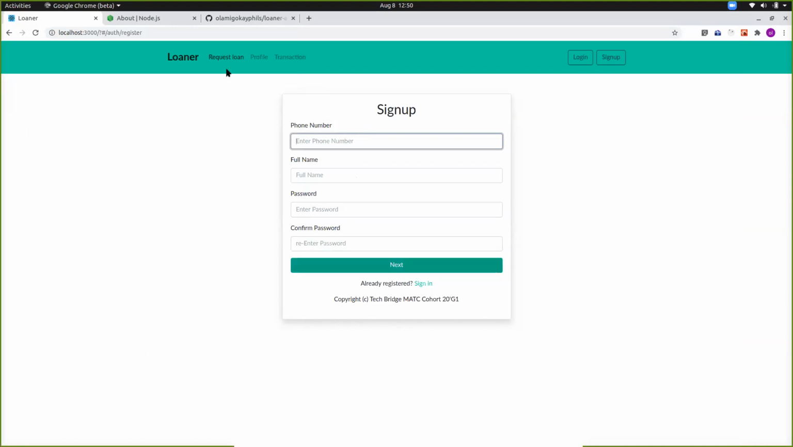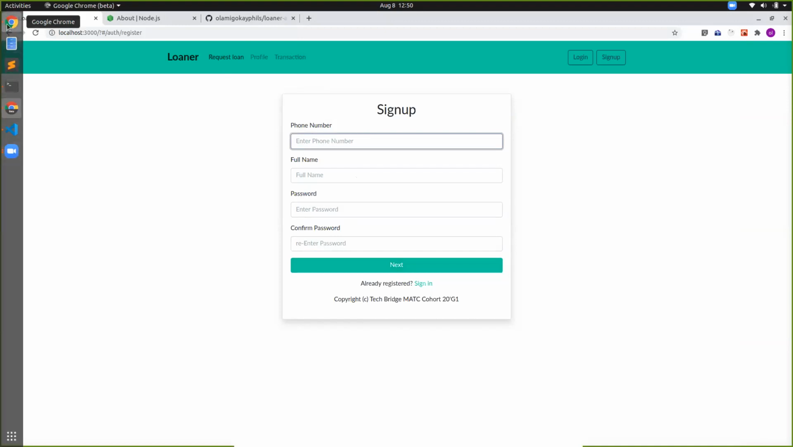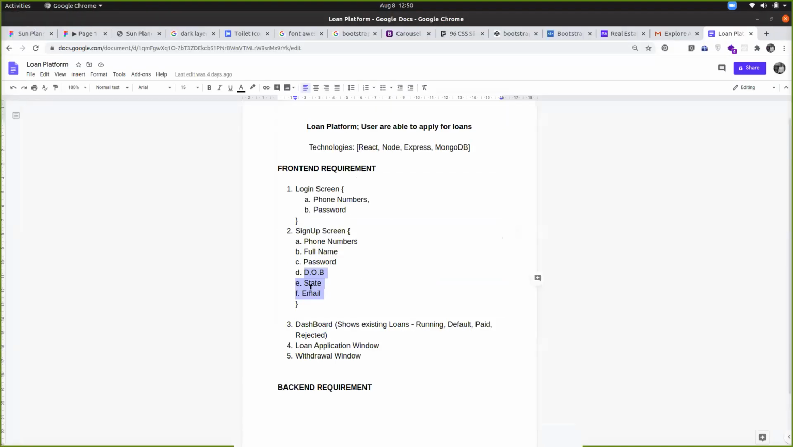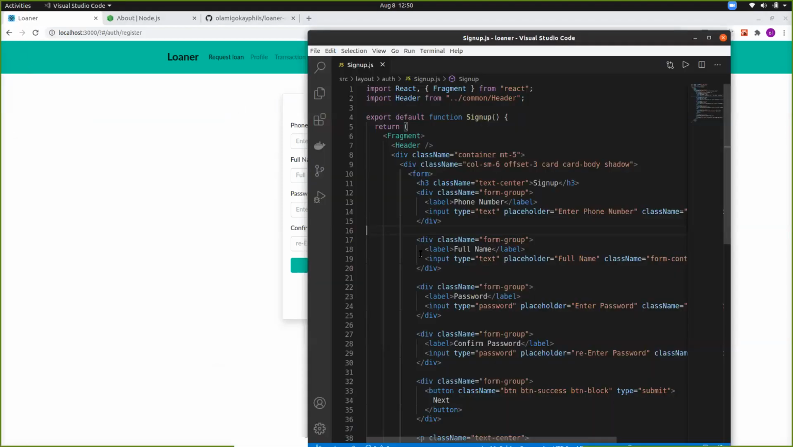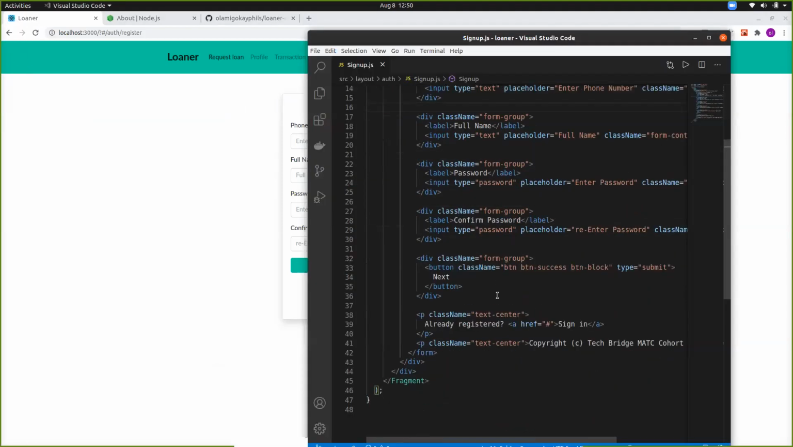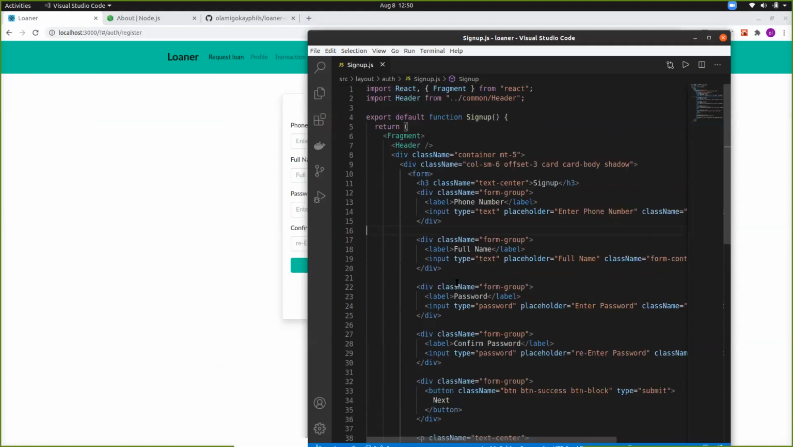All right, so we have this first step. The next step we're looking at is date of birth, the state, and the email. So let's create. We're going to come up here and let's import from React